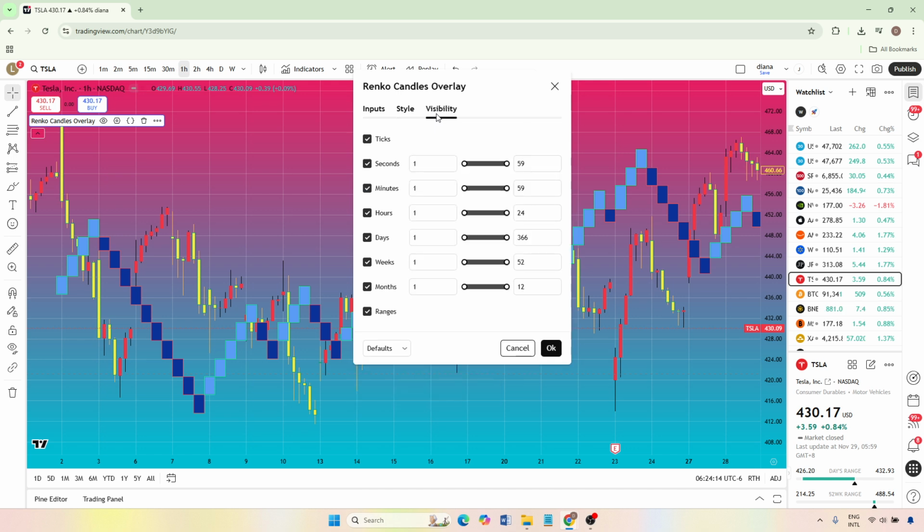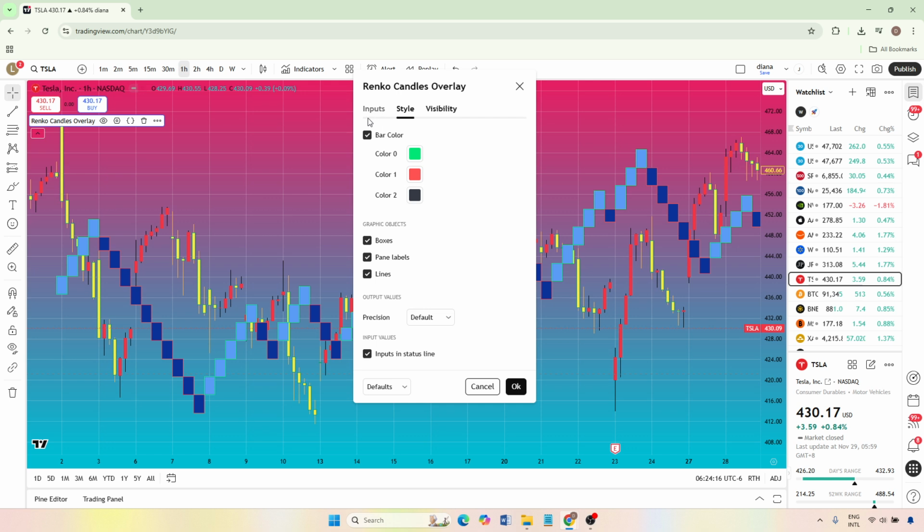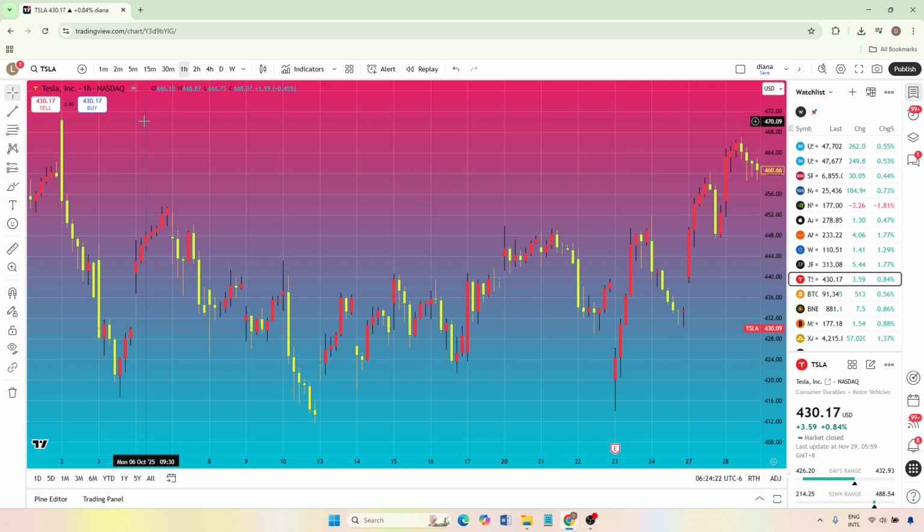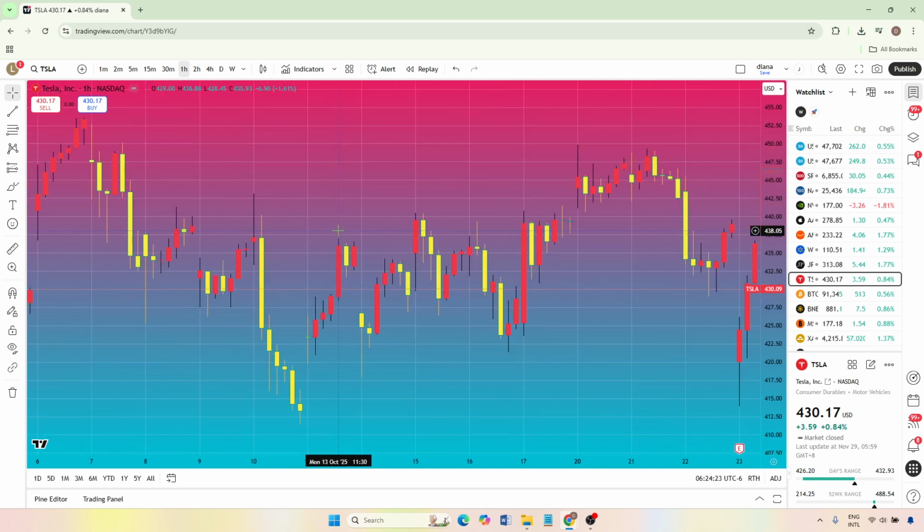If at any point you decide you don't want the Renko Candles overlay on your chart anymore, you can remove it just as easily. In that same indicator list, next to the settings icon, you'll see an option to remove or delete the indicator. Click on Remove, and the Renko overlay will disappear from your chart, returning you to your